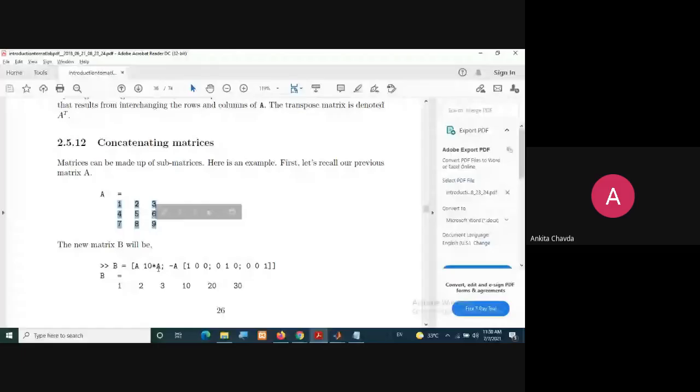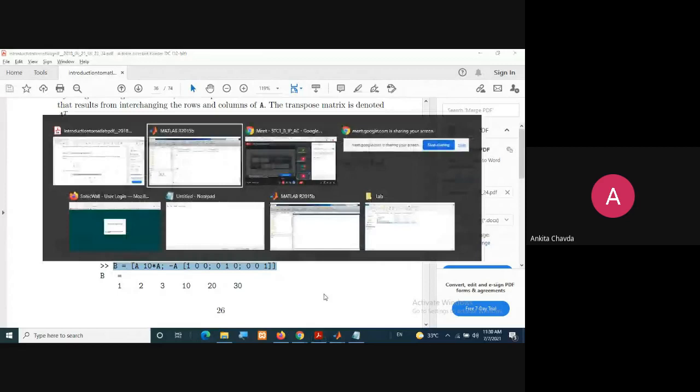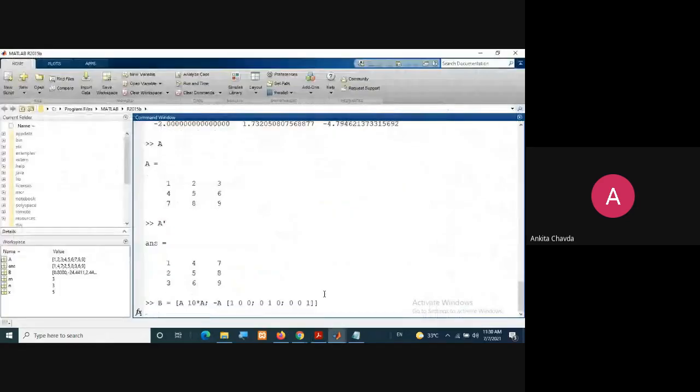Then another one, after a semicolon. Semicolon means you want to move on to another line. Then you are doing minus A, and after that you are giving another matrix to be printed. So if you write like this, you are concatenating 4 different matrices into one.